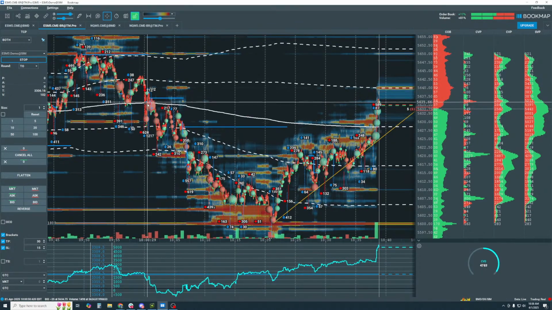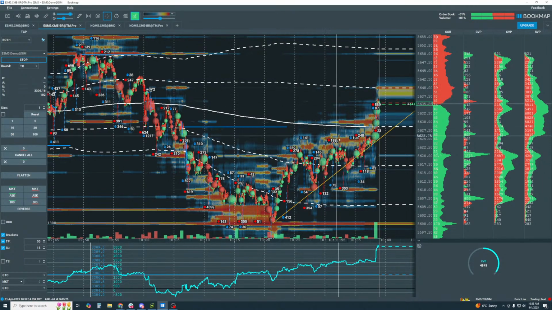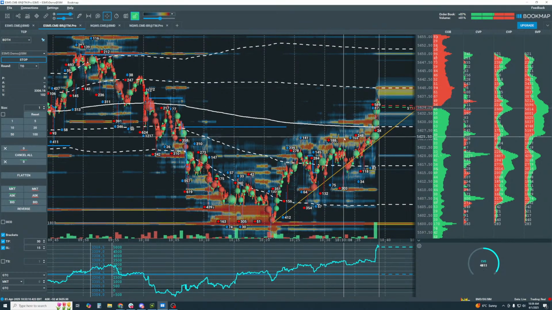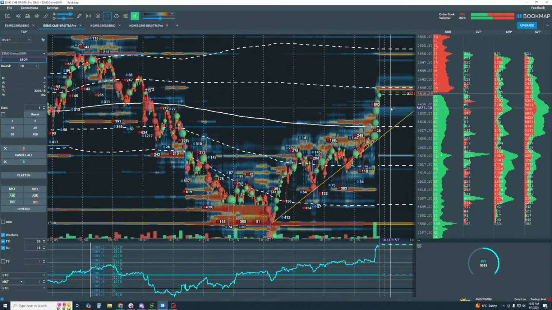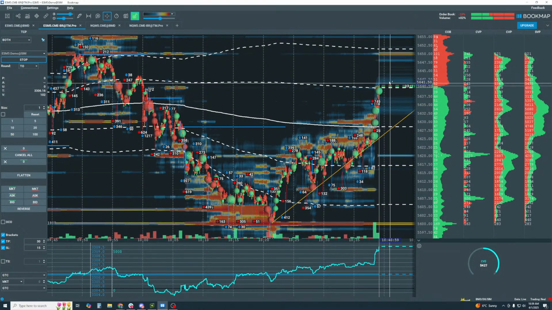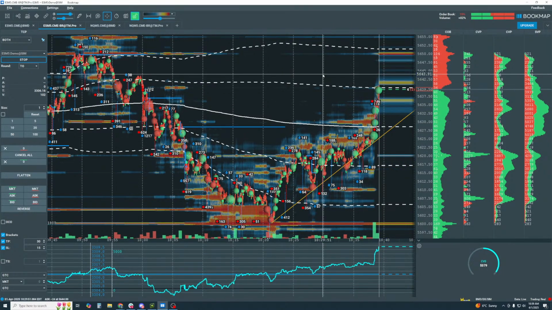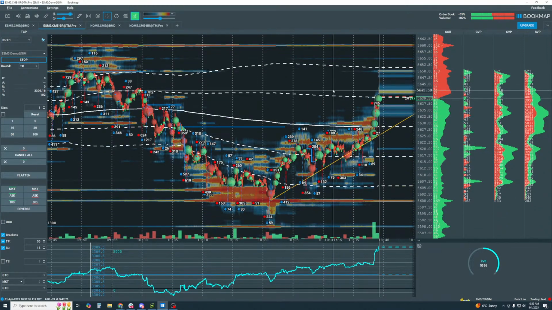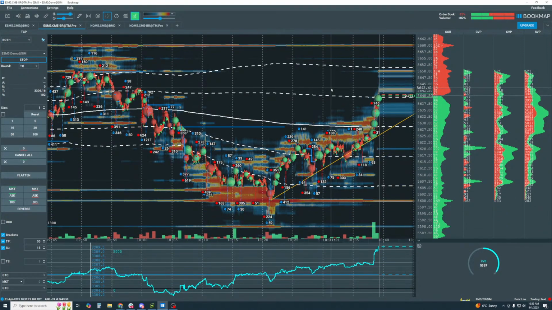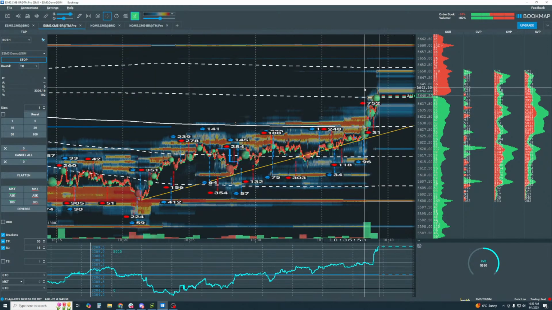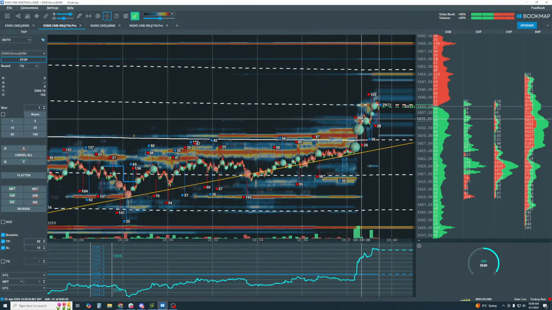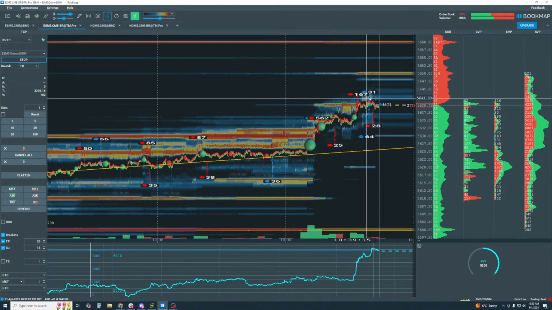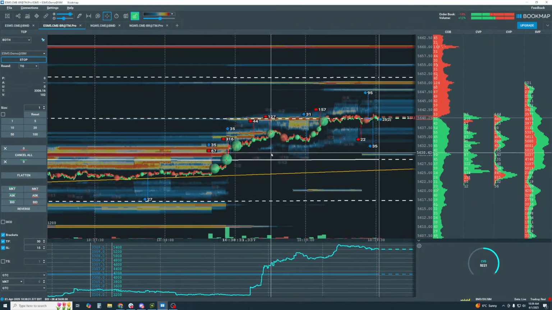Where is this thing going? Okay, next level is probably up here. I would still be looking at this level here, right around this 25 if we get down below it. Yeah, I mean this is a powerful move. Look at the stop run here, 562, 163. I mean these are huge, right? We zoom in, they kind of